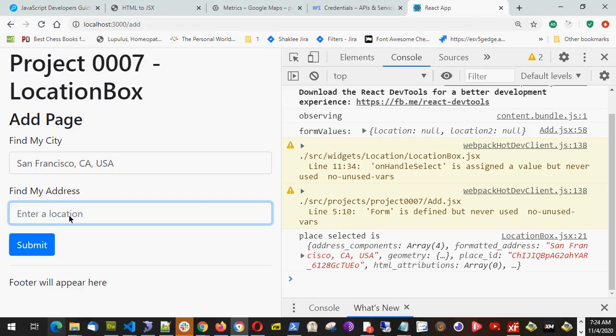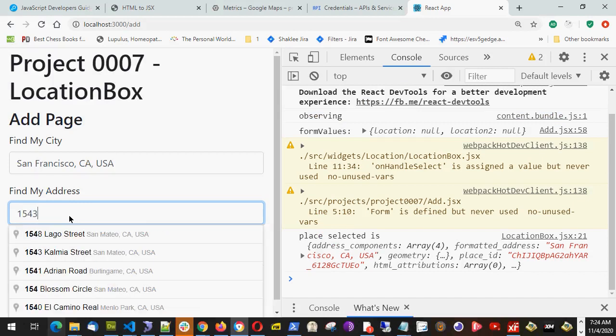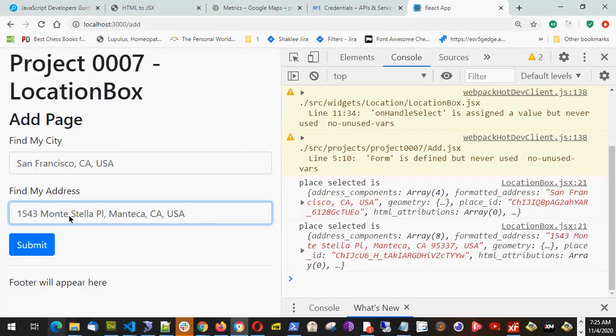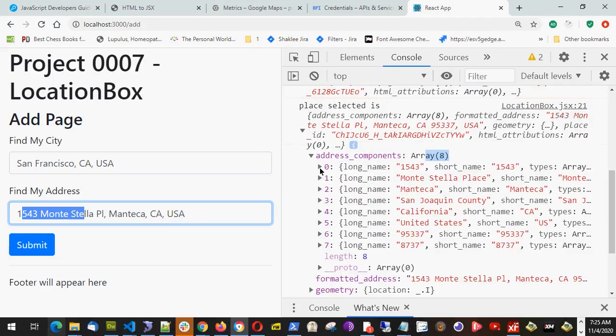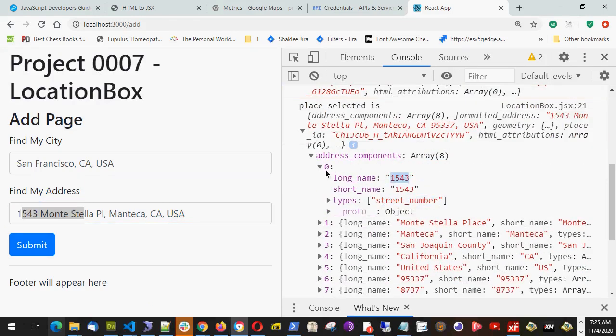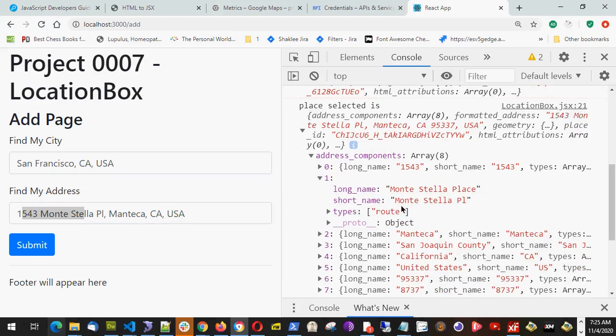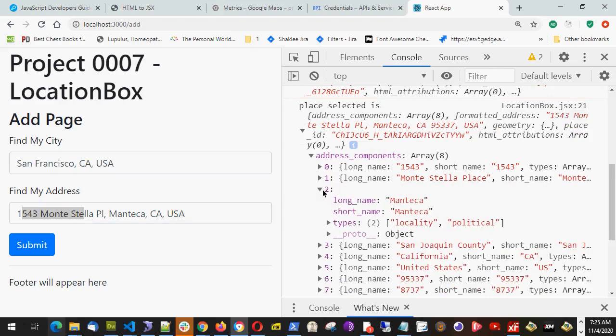Now here I can put the exact address of my home, for example 43 Monte Stella Place. So here I choose this one, and you see place selected is showing again. Now here I have 8 components because I have the street address also. So first I am getting a street number, then route, that is the street address, then the locality, that is the city,